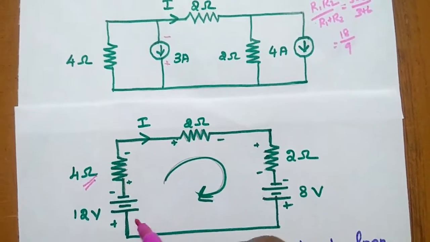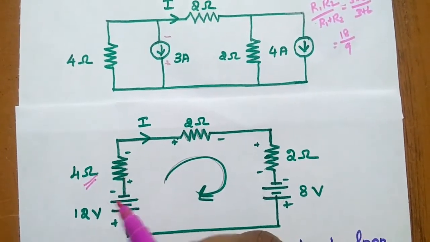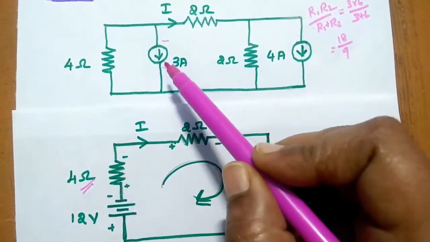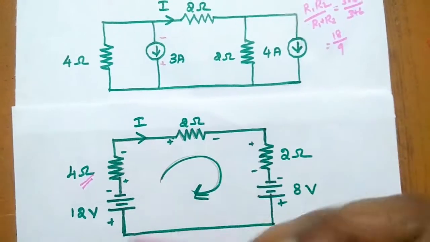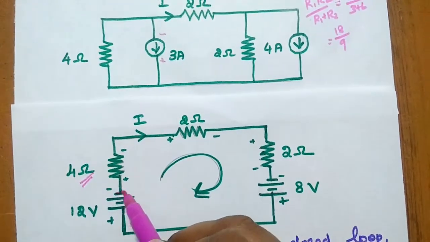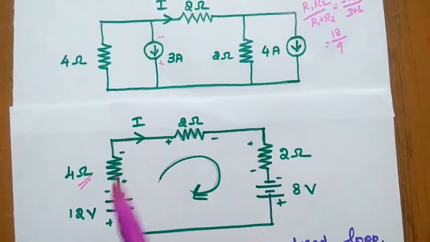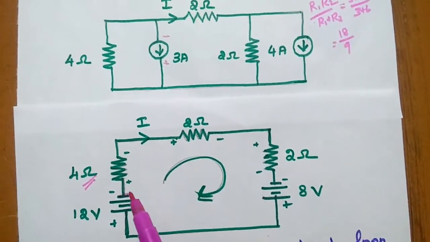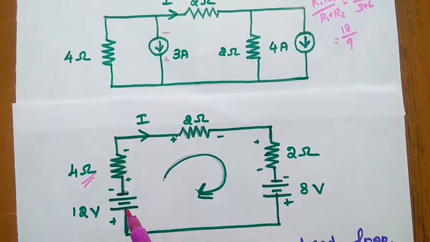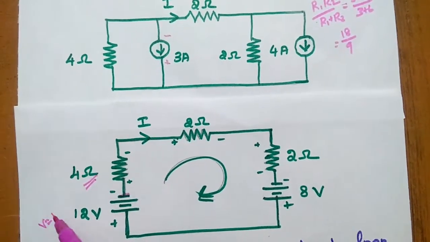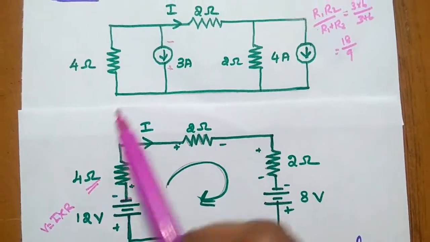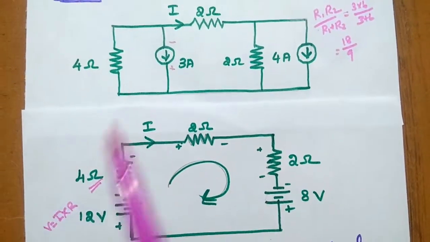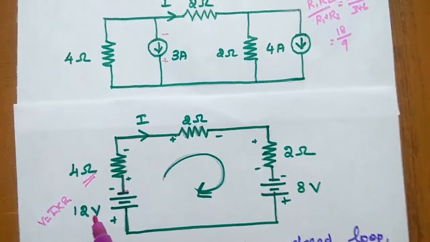So 4 ohm. What about the current value here? Yes. Here it is minus 3. Minus 3. Downwards means what? Negative to positive. So here we have to connect the negative terminal to this resistor. So the arrow mark is very important in source transformation. So here it is negative. Here it is positive. And the voltage is equal to what? I into R. Correct. So here current is 3. Resistance is 4. So 4 into 3, 12 volt.